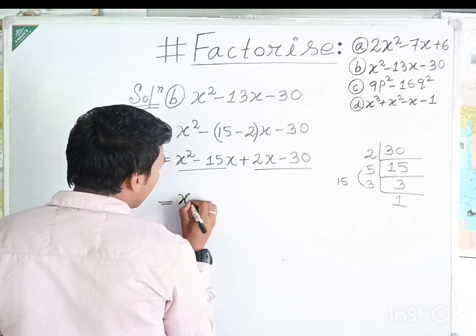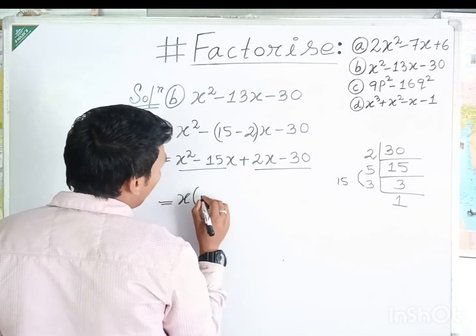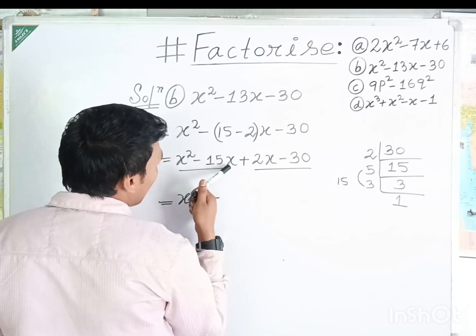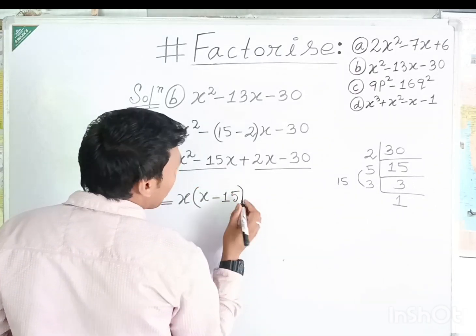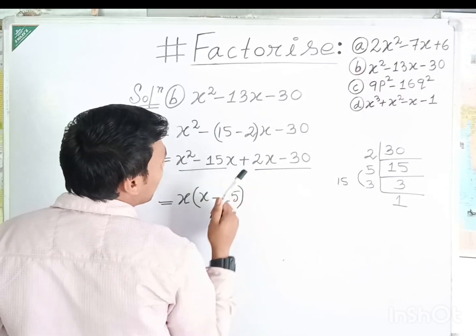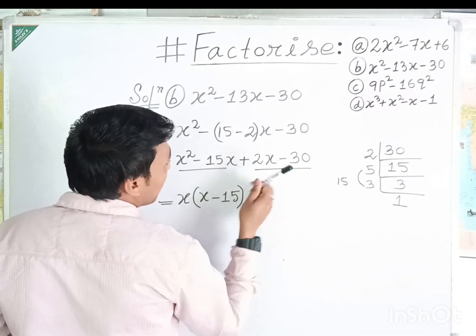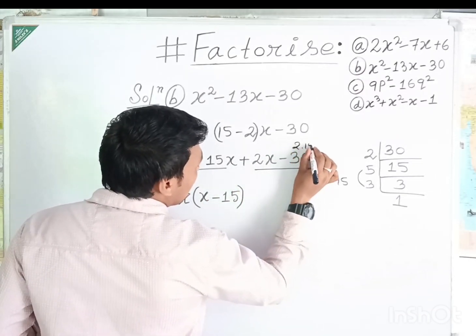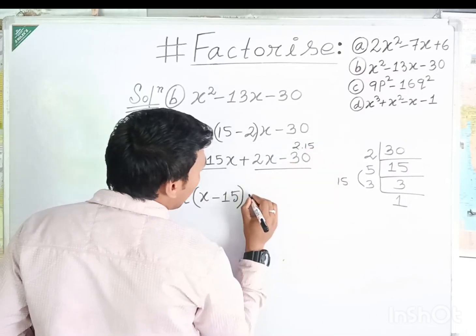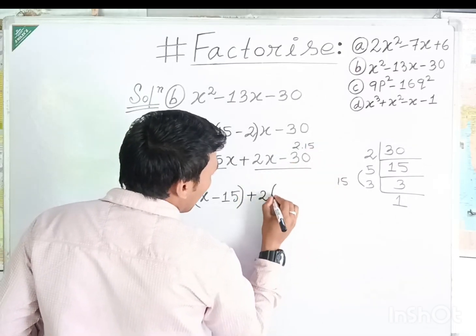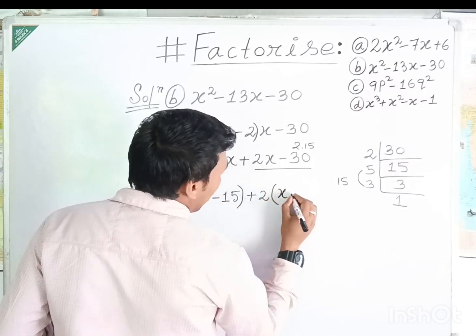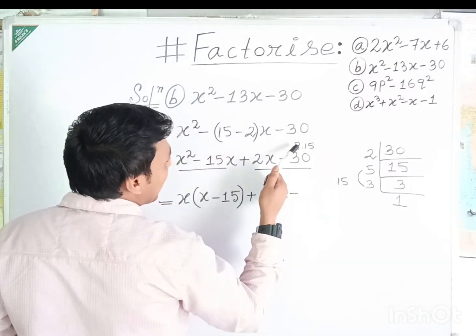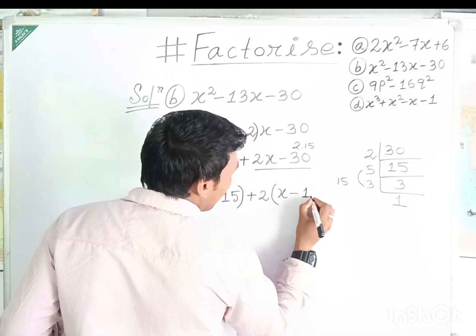So I'll write here x. If I take x common, here left 1x minus x; x already taken common means only 15 I have here. So write this 15. Now from these two also you take common. So 2 I can take common because 2 15s are 30. So 2 I'll take common, plus 2. If I take 2 common, then here left only x minus. So write same minus. 2 already taken common means left only 15. So write here 15.